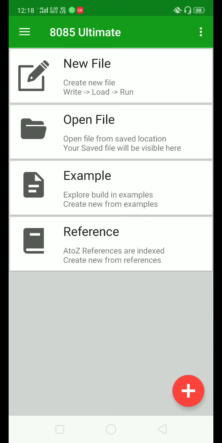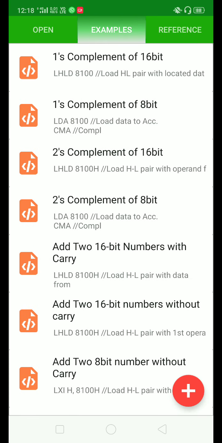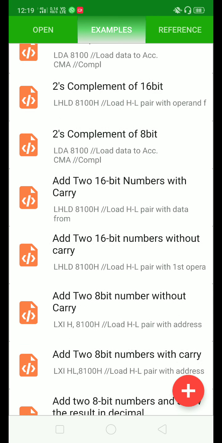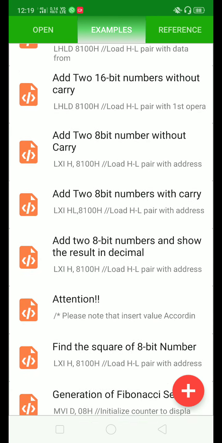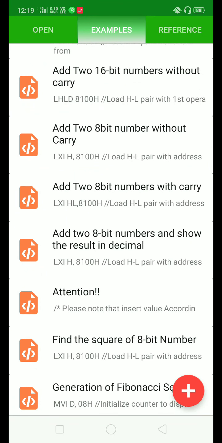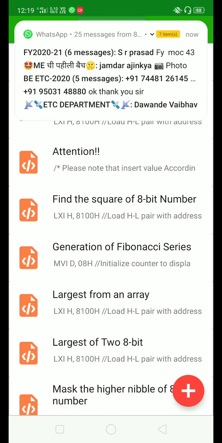Examples. In this 8085 Ultimate app, I have given some examples of programs. These kinds of examples are available: 1's complement of 16-bit, 2's complement of 8-bit number, addition of two 16-bit numbers, addition of two 8-bit numbers by using different instructions.